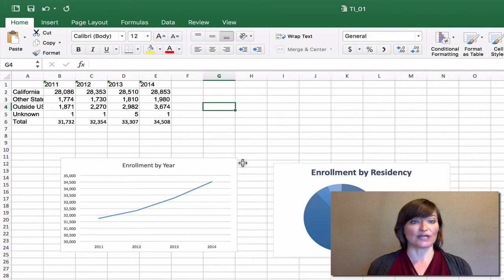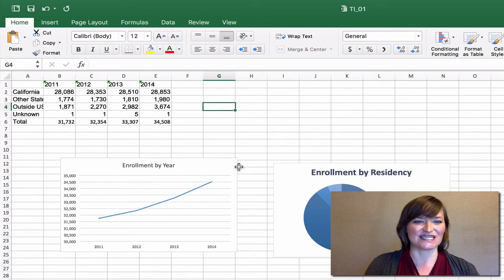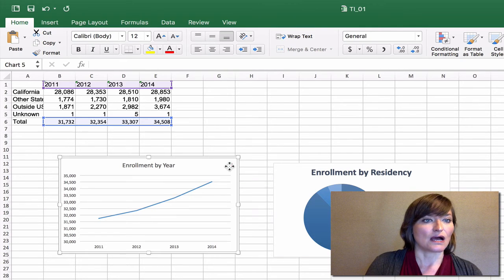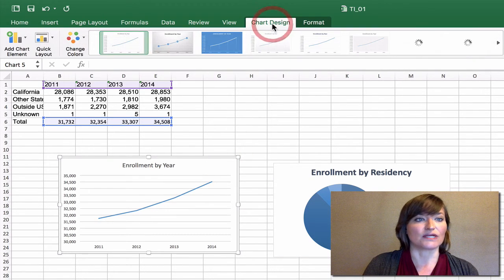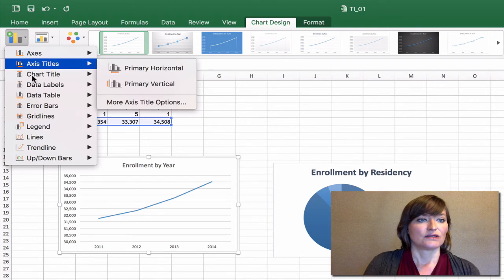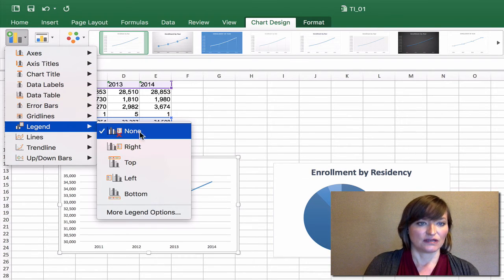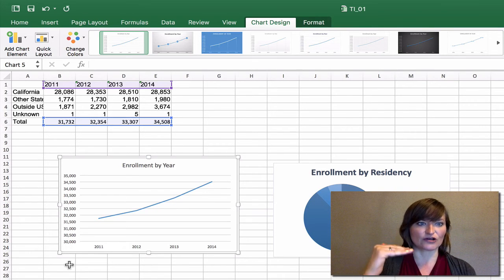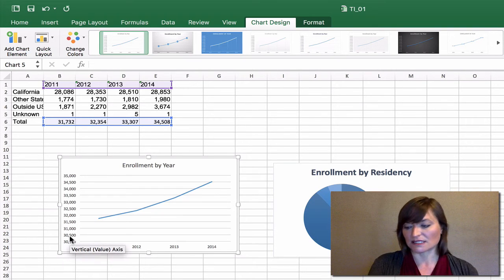If your graph did show up with a legend, don't panic. We can always delete it. You would just click on it to select it and then hit the backspace key or the delete key, or under our chart design, you could choose none for no legend. Let's talk about the axes and the scales and titles. Let's start with the y-axis, the one going up and down. That's very crowded. It makes it hard to read with all of those increments. So let's force Excel to make it a little simpler and easier to read.